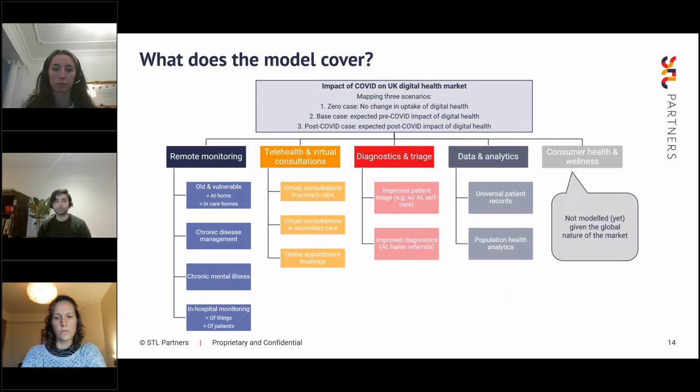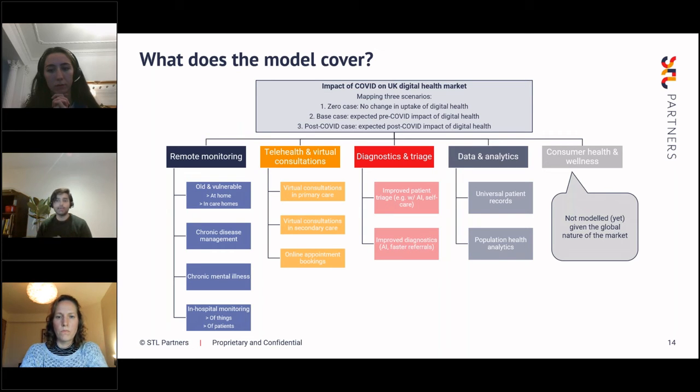universal patient records, but also at a macro level, how can you analyze trends in healthcare to pick out things around drug discovery, drug cycling, and patient trends, in terms of being very proactive about issues that they could be having. And the last one, which was the personal health and consumer wellness side of things, we